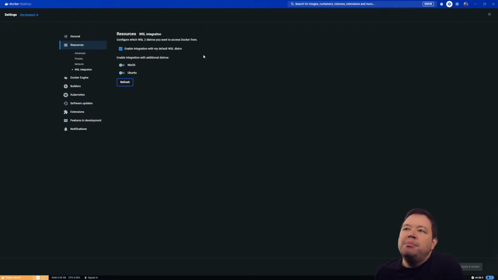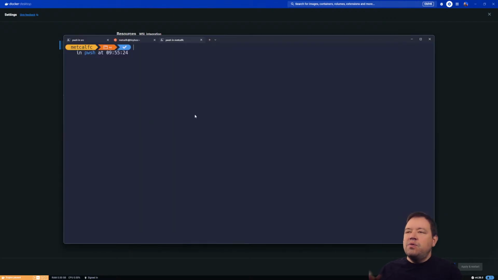So you enable the integration with the default, and then you can actually enable it for other distributions as well. You can turn it on for, I have two, I have Ubuntu and Nix. Ubuntu is my default, so it gets picked up here. But if we actually go look at what this does,